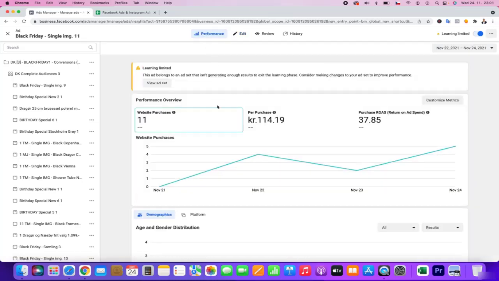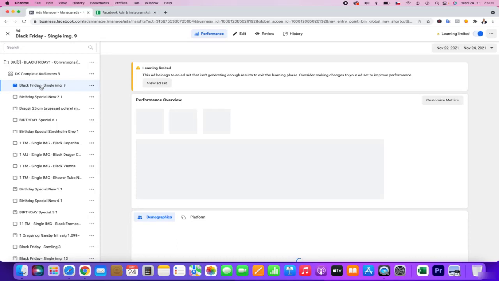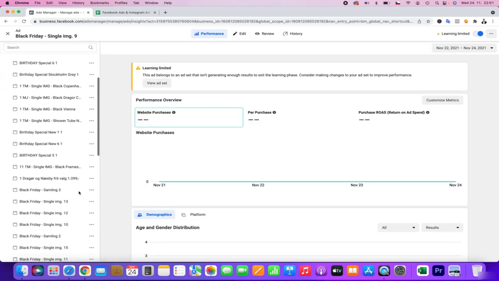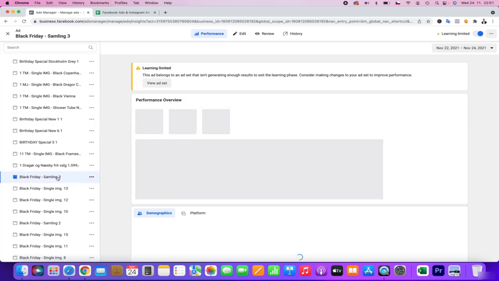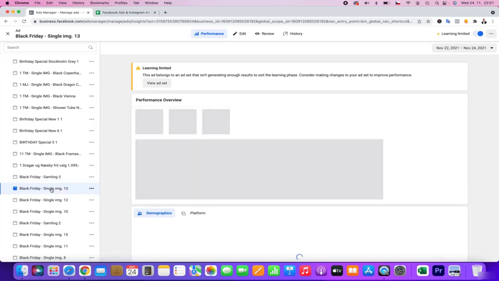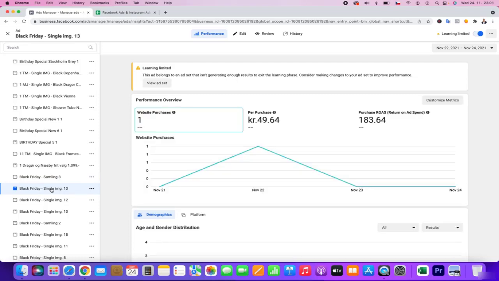And you can see that the revenue is quite good. It's quite cool that you can check how your different ads are doing, and you can get some overview also on this level.